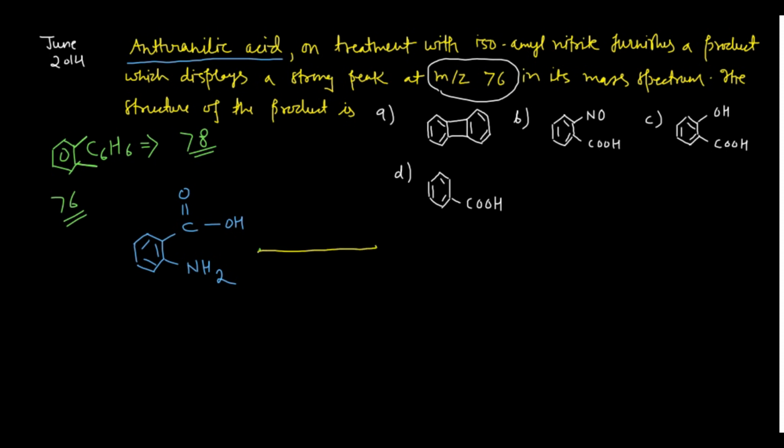If you have isoamyl nitrite, it is quite simple to draw. How can you draw isoamyl nitrite? This is 1, this is 2, this is N, this is double bond O. Of course, you should have substitution here. So what will happen in that case? You see, guys, this COOH will be removed from here, and this NH2 will form a diazonium type of compound. I am not discussing the reaction in much detail, but I am telling you, if you remove this part from here, then